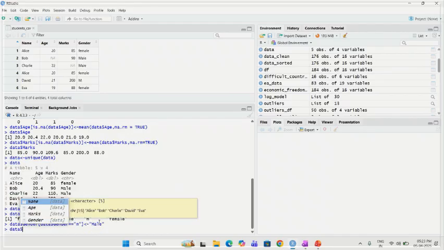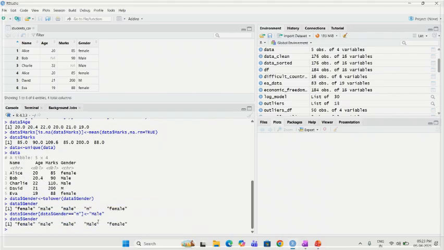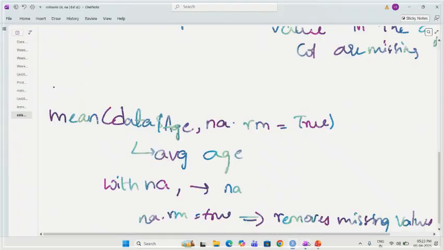Next we call the data of gender. So the output is male, it changed. So here we used tolower, which converts all the text to lower case, so we used that. And the remaining